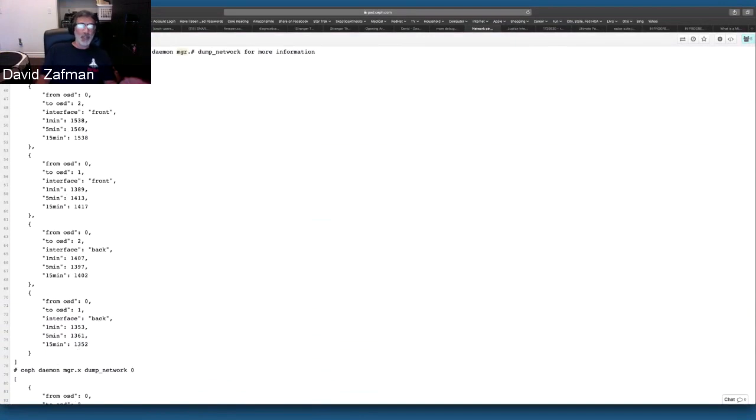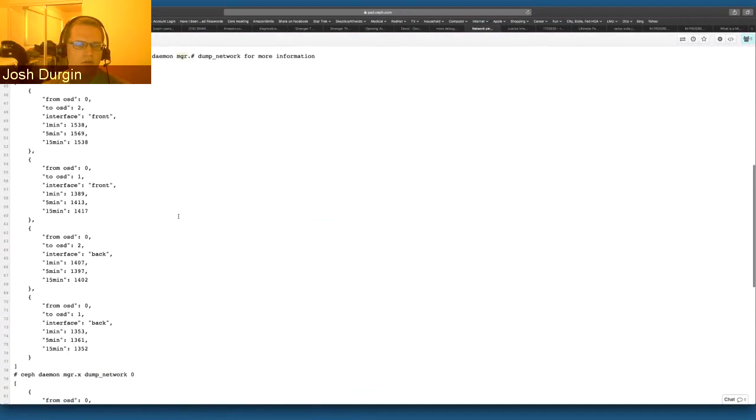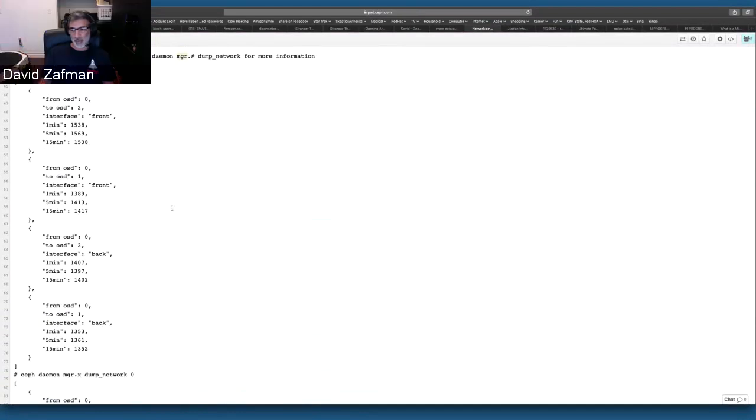So I just put the 0 in just so we can see what the output looks like. Okay, cool. Yeah, so like a network monitoring tool or some other monitoring tool, if you wanted to import that information, you could just always use dump network 0 and pull it periodically. Right. Because in a large cluster, there's going to be a lot of